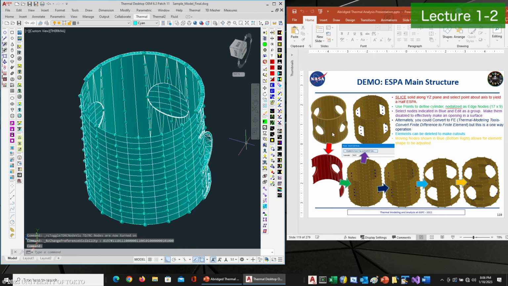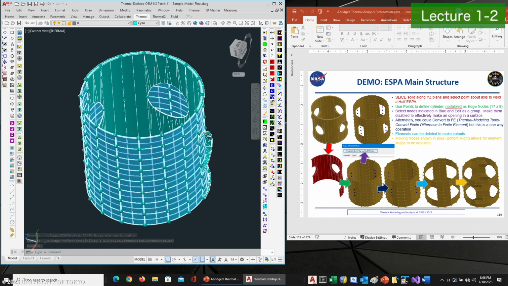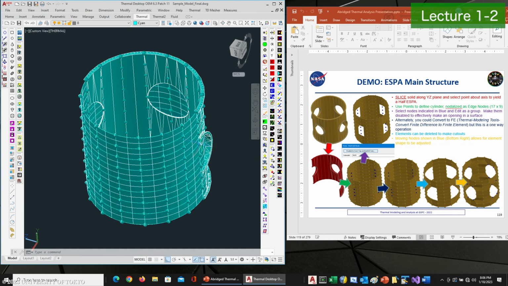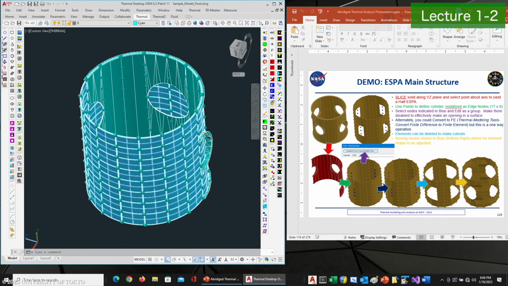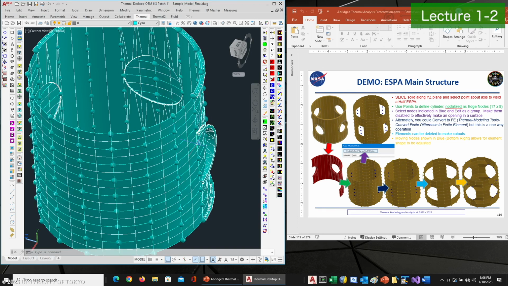And so one of the things you can do, if you wanted to put a rudimentary hole in an object, is disable the node. If you disable the node, then the surface area associated with it and the conductive properties that would be calculated will get ignored. And so we're going to do that here and just show that if I take these 3 nodes and these 3 nodes,